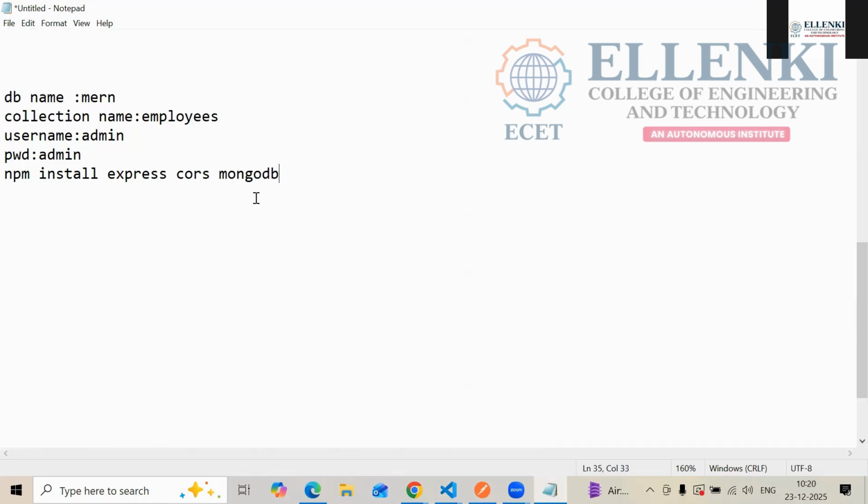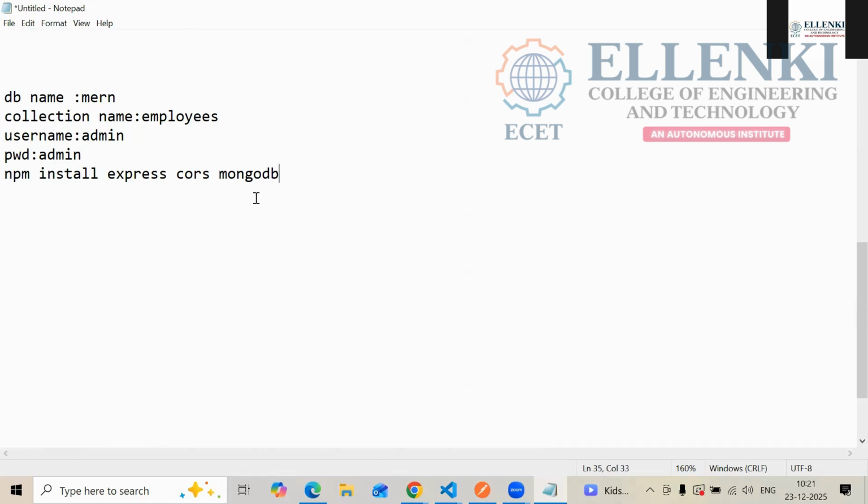Then the MongoDB Atlas home page will display. You have to click on the left side, database and network access. If you are not writing this, you will face problems when creating your own database. Okay, so database and network access. After that, you have to click on network access. It will show some IP access. Then you have to click on the IP access list. Then you have to click on the right side, add IP address.